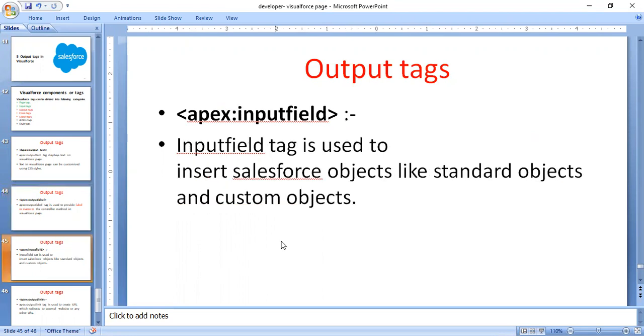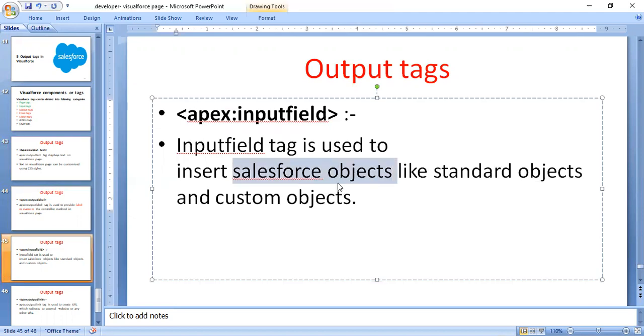Then another important one is the input field tag. If you want to bind some information to standard objects or custom objects, this input tag is used to insert into a Salesforce object.